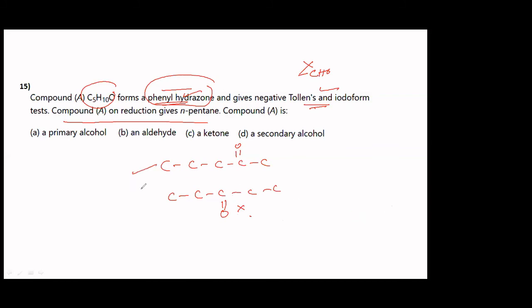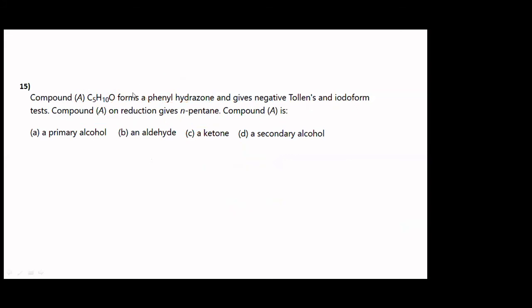Oh, that option is primary alcohol, an aldehyde, a ketone. This itself is sufficient. Iodoform is not required, so it is a ketone. I was asking you about this. If at all it is asked, they are going to ask you the compound. For that, you need one more data, which is iodoform. Okay, so in this case, you can simply write this as, okay, fine. Let's move on to question number 17.